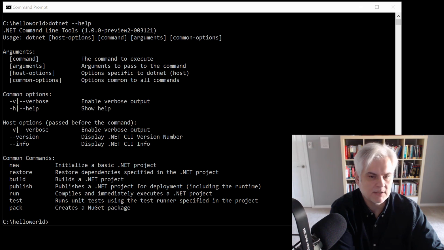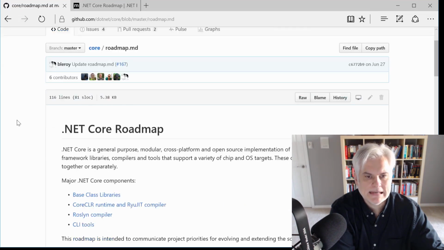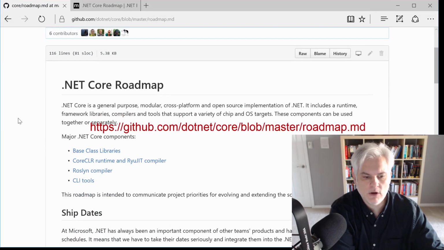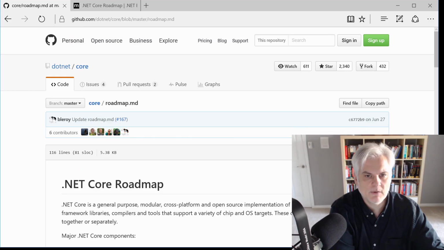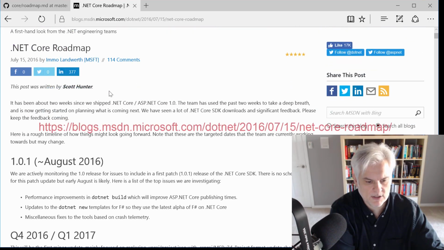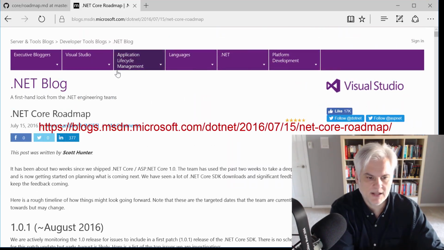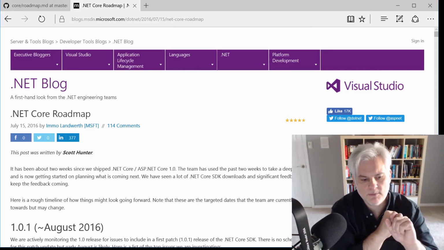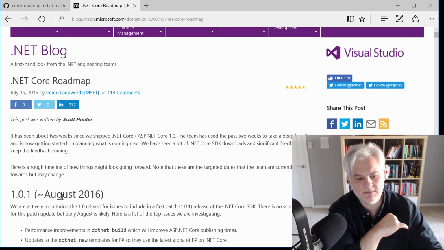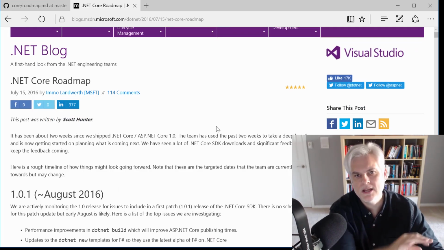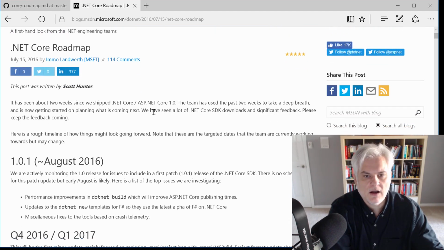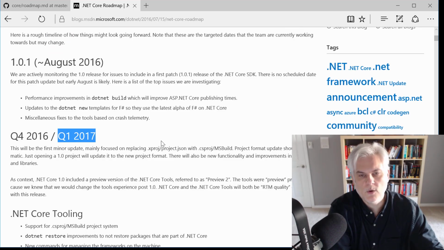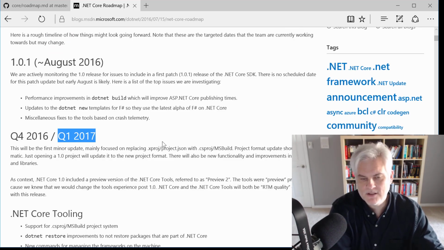Fortunately, Microsoft has published some idea of what's coming in the official version of the .NET Core roadmap. You can find it at the URL on screen. And then there's a more consumable, blog-like version of it at this URL on screen on the .NET blogs. It looks like, first of all, there's a provision for a patch build. They're saying sometime in August, so this will be 1.0.1, just to fix up any little bugs that are outstanding. And then later on in 2016, and I see that they're hedging here with quarter one 2017, giving themselves a little bit of a buffer,